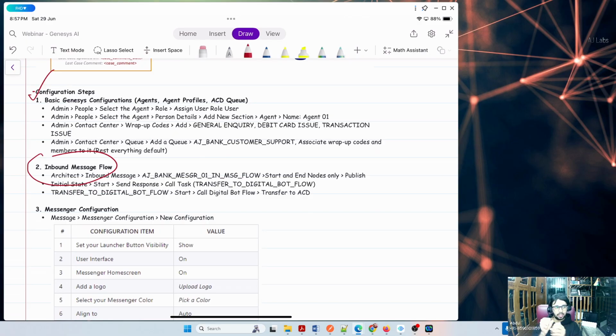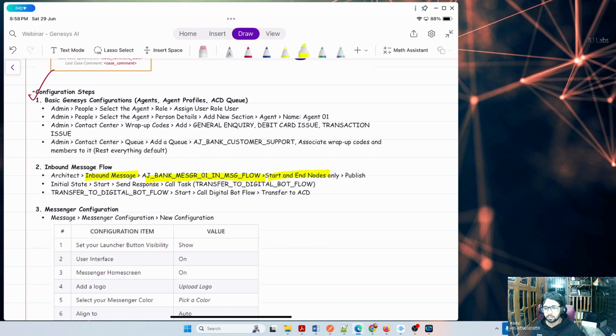I take that, then I hand over to a bot. That's how it is organized in Genesys. So first we need to create an inbound flow just to accept the message from a user. That flow does not do any kind of logical routing. It just accepts it. Then we further build the logical flow. So in Architect, we can create an inbound message flow, and I'm going to create something like this. This is the name I have selected, but for the webinar, I'll simply type webinar. I just created it, I don't do any logical configuration there. I'll just add it and publish it. Later I will come here and customize the further routing and everything.